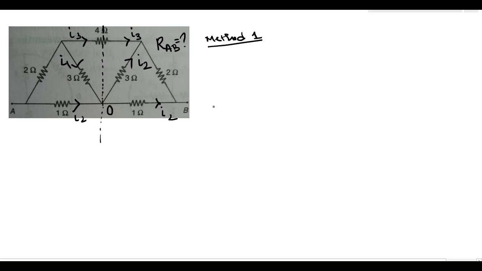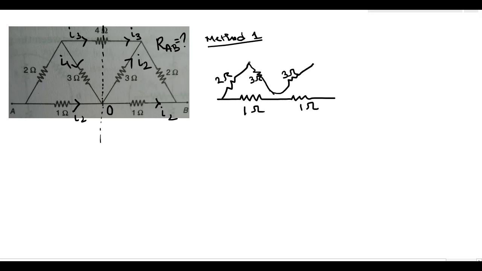So what happens here, if we draw this circuit again, is that the same current is flowing through this 1 ohm resistance, that is, this is 1 ohm, this is 1 ohm, and there are 2 ohm resistances here, and in the 3 ohm resistance the same current I1 is flowing, as if it doesn't touch at O, and it just flows through this 3 ohm resistance. And there is a resistance of 4 ohm here and 2 ohm resistance here. So as if at point O it doesn't touch.